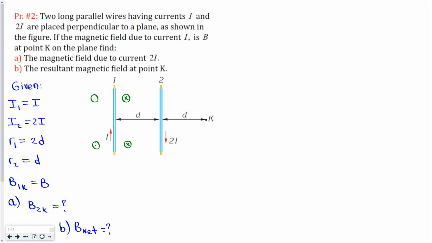The magnetic field of the second wire, so pay attention that the current is opposite to the first. So the fields also must be opposite. From the right hand rule, at left side,